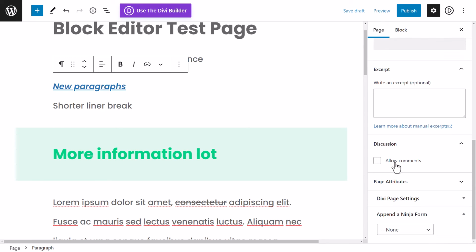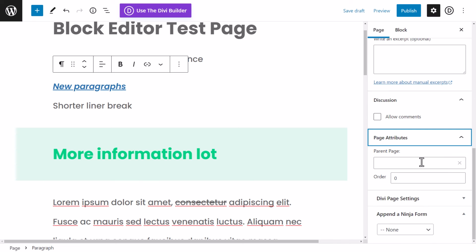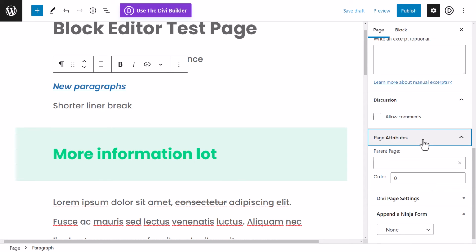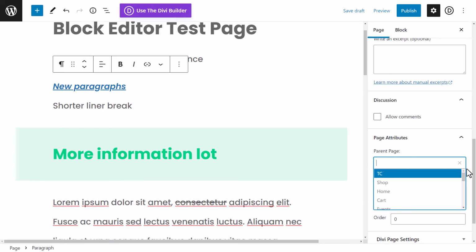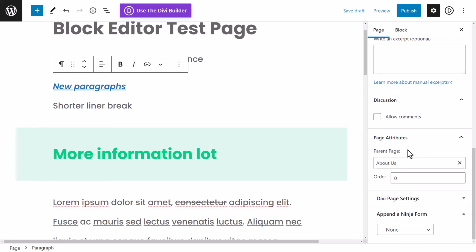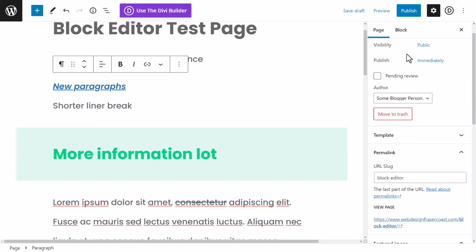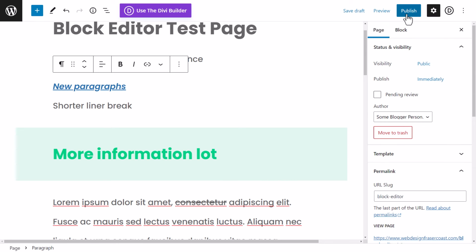You can allow or turn off comments, and there's just a lot of page settings in here you may want to play with. Parent page, if you're not sure about that, if I had a page for services and then a page for each individual service, then I would say find a services page and put it under there. So if this was more detailed information that would be, say, within the About Us section, I can have the parent page be About Us, and this would be a sub page under that page. So all your page settings are there on the right hand side,